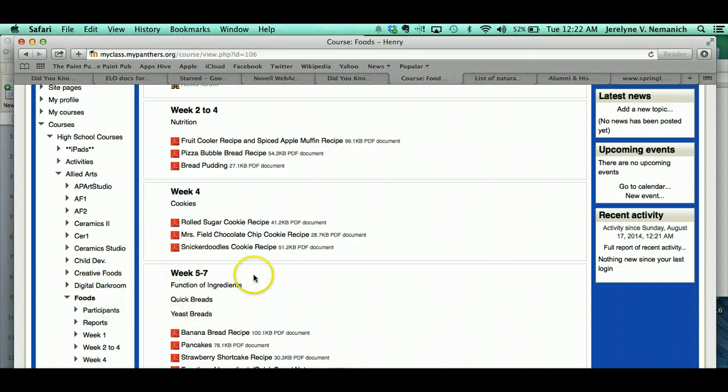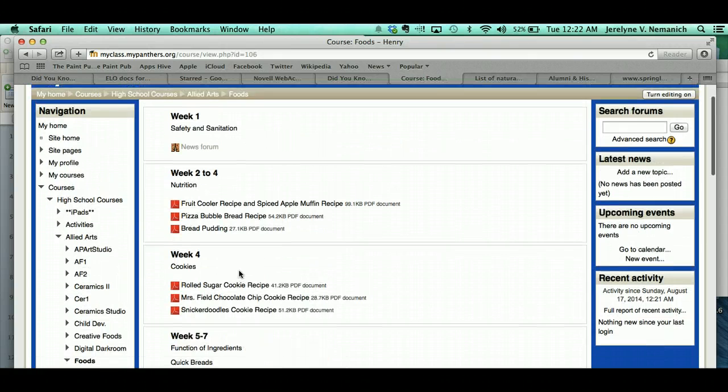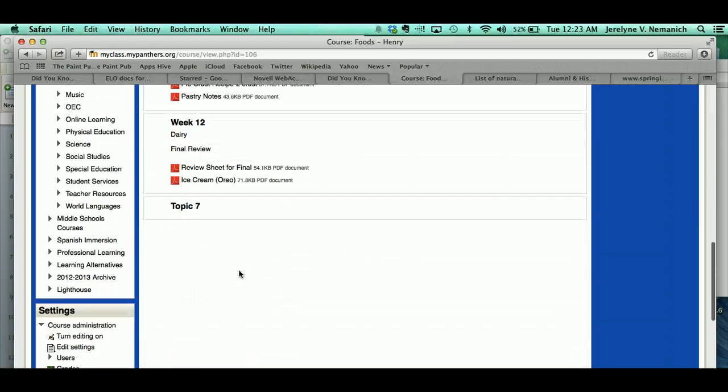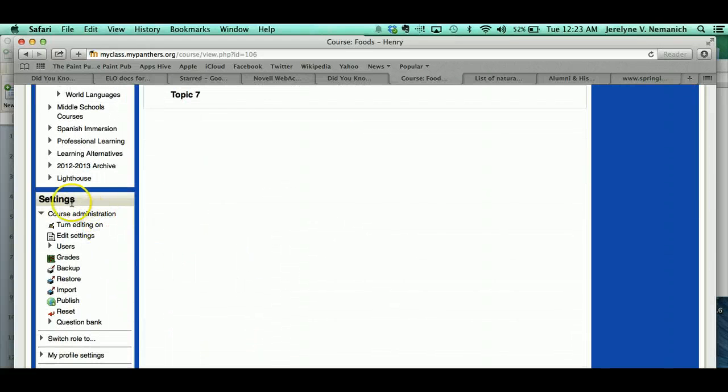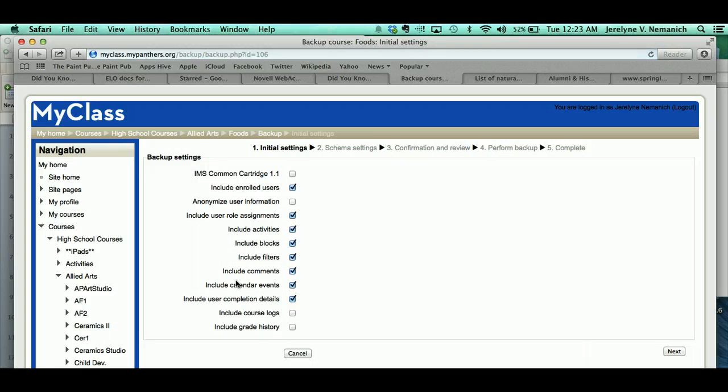Once you've chosen the course that you want to import, you're going to scroll down and find in the settings a place that says backup. Go ahead and click on backup. And then you want to make sure you unclick Include Enrolled Users. So unclick that, and everything else you should be able to leave the same. Click Next,